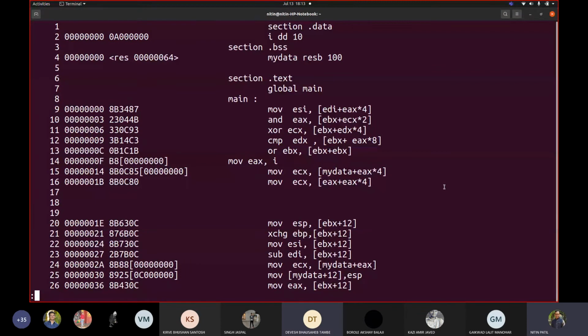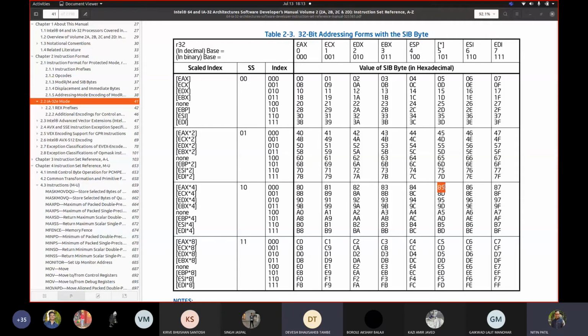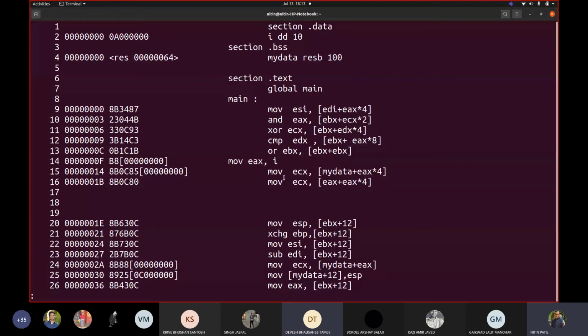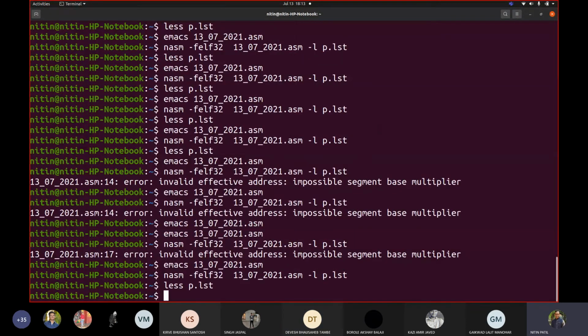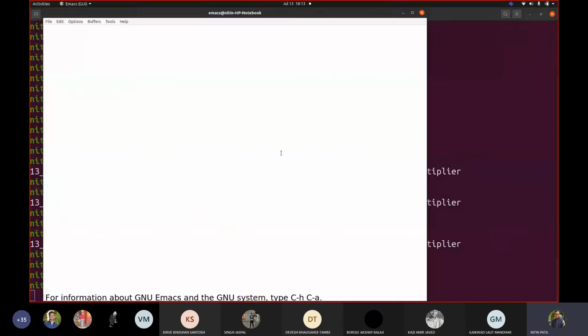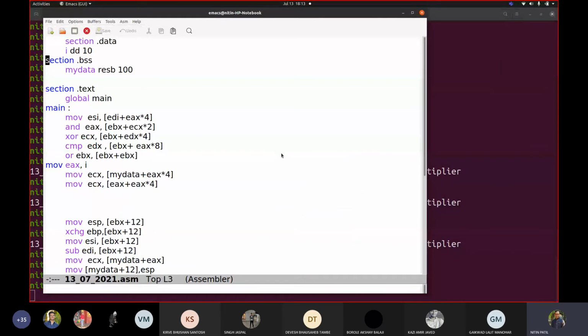Sir, if we take ESP, will it work? Where? Move multiplication ESP. After the move, outside. See, where? After the move, na. So see, we should not have any issue with this case. Like the first operand would not be any issue. Let us try doing this. Okay, so let us see what it says. You want me to write ESP here, na? Yes, sir. Okay. So this should work.